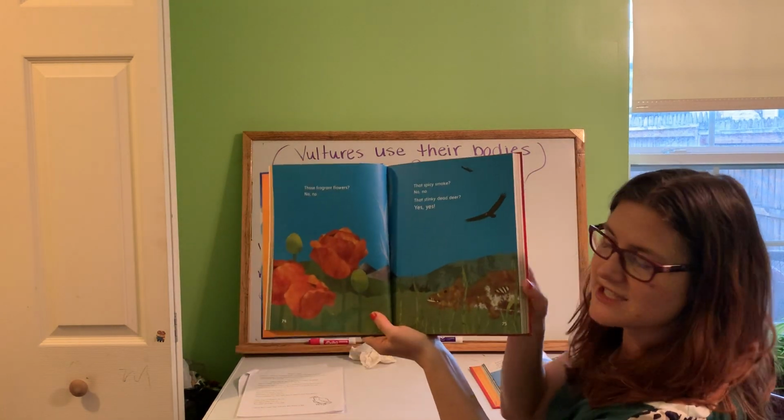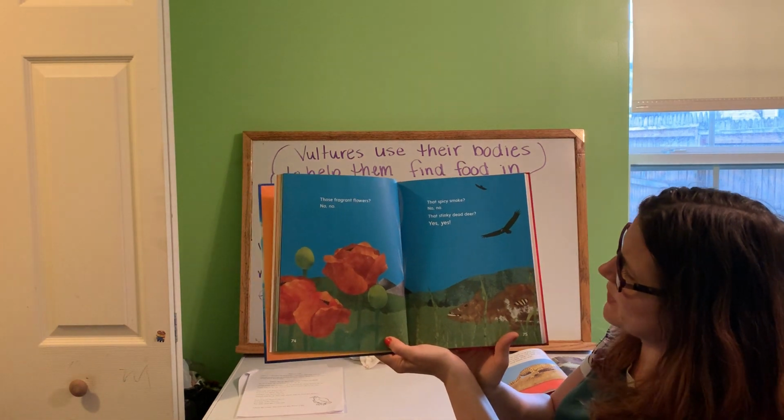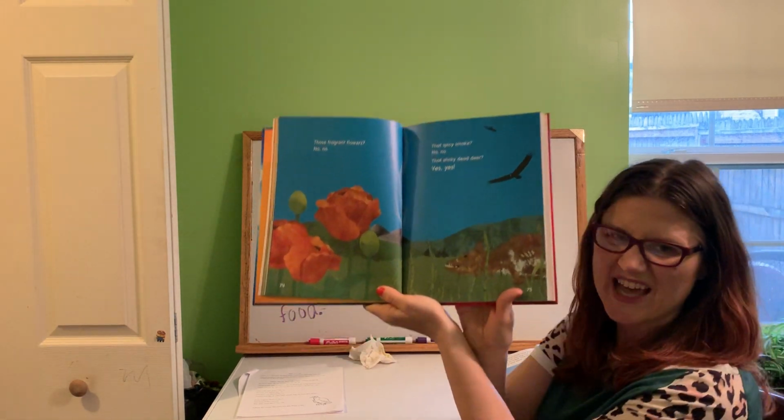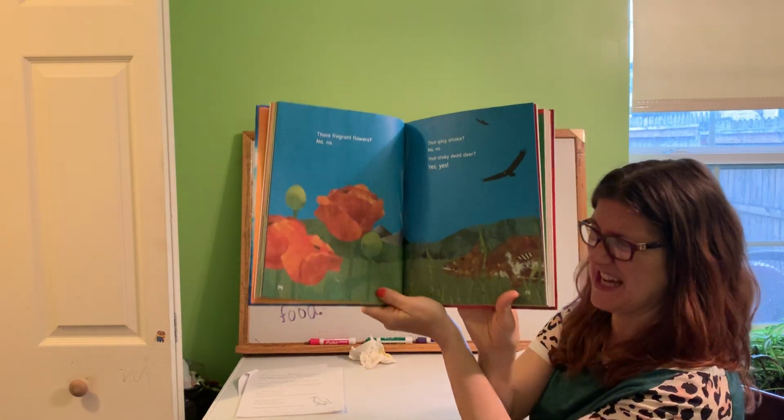Those fragrant flowers. No, no. That spicy smoke. No, no. That stinky dead deer. Yes, yes. So,